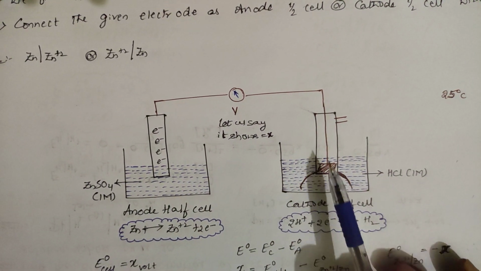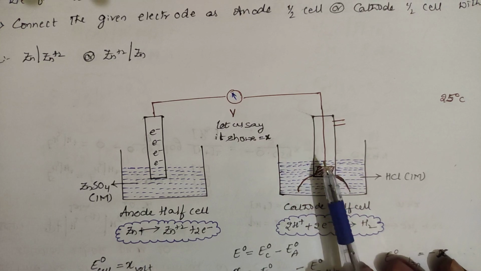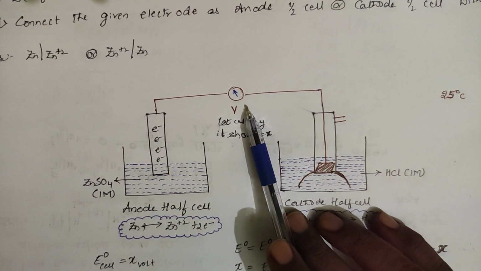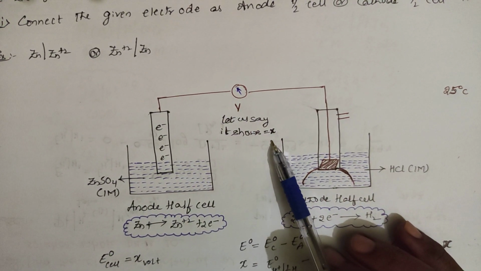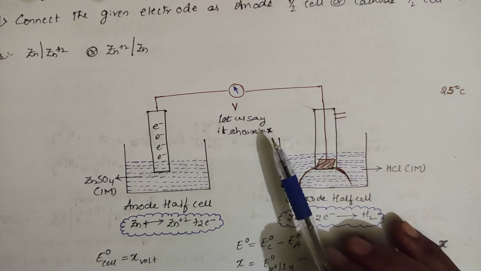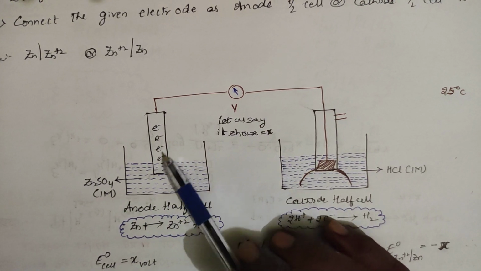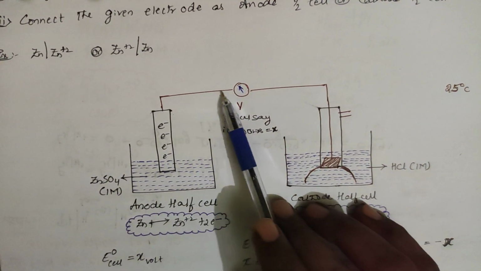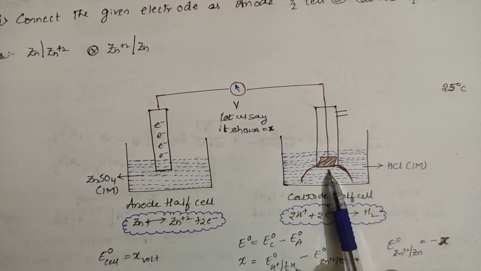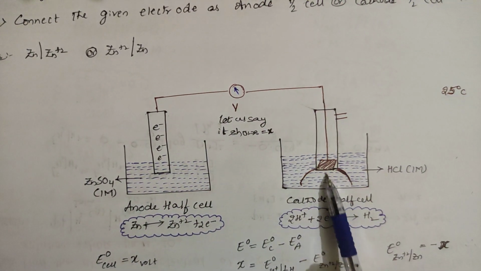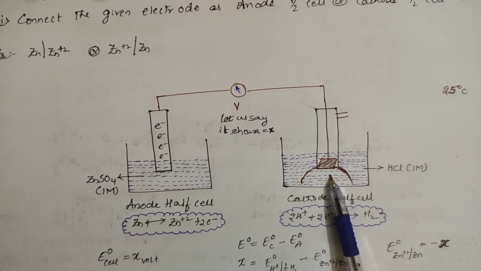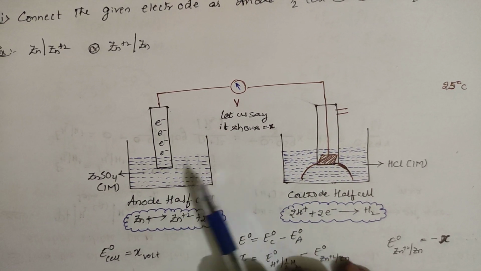This is the hydrogen electrode. In the previous lecture we learned how it is connected. In the middle, a voltmeter is used so that you will get some value here. Let us assume that value is X. Why are you getting that value X? Because more electrons are produced on this side. The electrons will move in this direction, to the other side. So oxidation is happening here, electrons are moving there, and reduction is happening there. This is the practical thing.